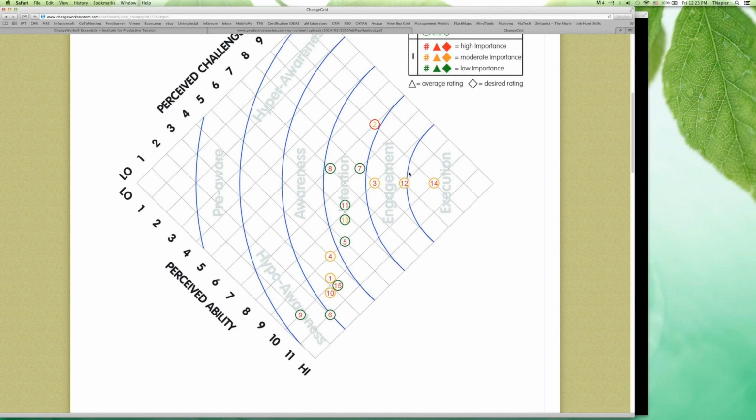Now, there's always that trump card we said earlier. It's got to be important to the person. If it's not important to them, then it's not important to them. So it might not actually even be on their grid, or it's way deep in the bottom of their cube and they're not going to get around to it. Okay, so hopefully that answered the question.